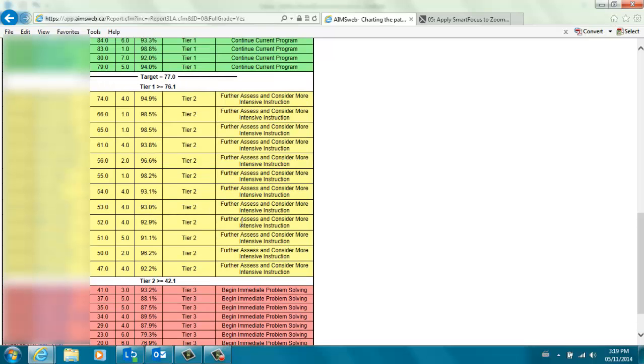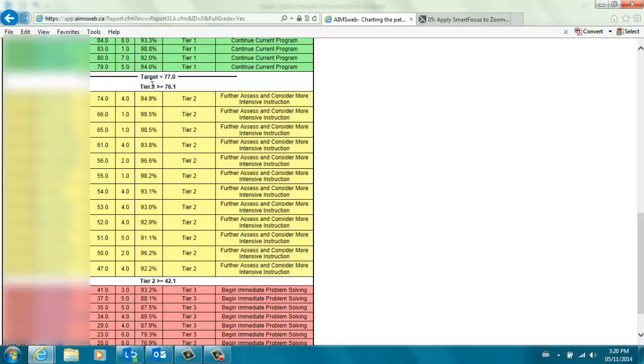Back to the yellow students. So the students that are colored as yellow are those students that are not quite at the target and may have some difficulty in achieving the target or reading at grade level. Because of the resource allocation, we know that you only have so much time to work with those students. So here's where it's important that you use your professional discretion in deciding which students that you're going to work with. In order to do that, we recommend that you look at how far a student is away from the